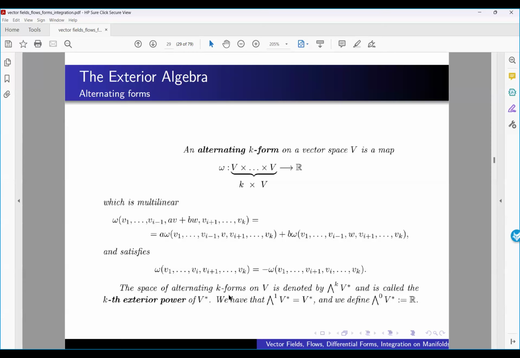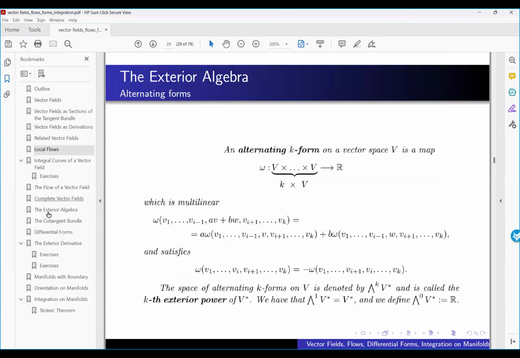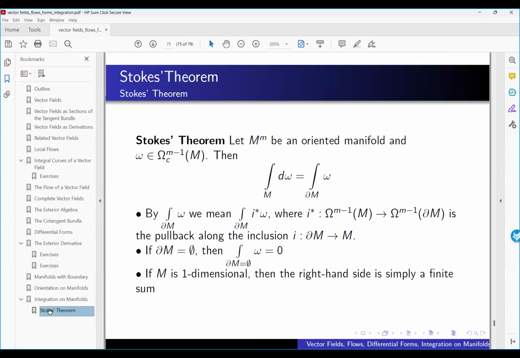All right, so for this last part, our goal is to integrate on manifolds. So let me see if I have the content here. Yes. What we want is to reach Stokes' theorem, which will happen tomorrow, of course, and which allows us to integrate on manifolds. The theorem looks like this: the integral over M of d omega equals the integral on the boundary of M of omega.